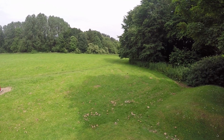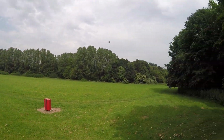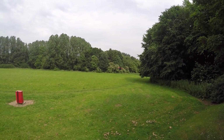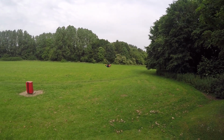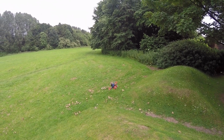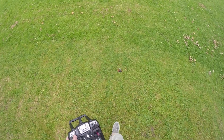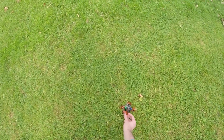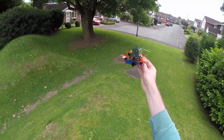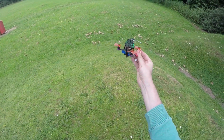I think it was just under load maybe. Oh, there you go. It's going off again, so I don't think we're going to get a huge flight time with this one. And it seems like it is going to brown out if you let the battery get too low, which is what I've done there. That's what that flip was there, but